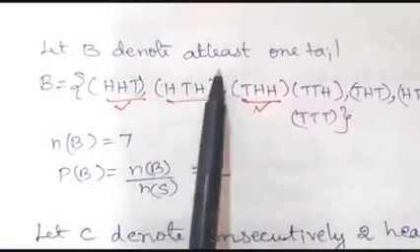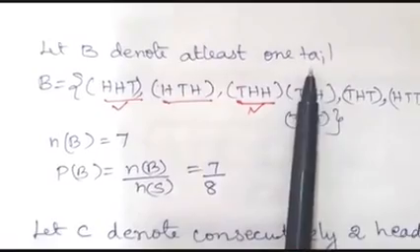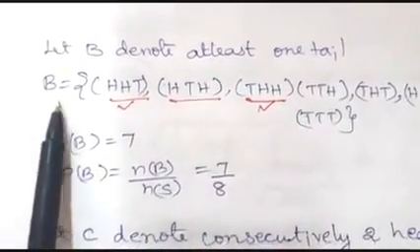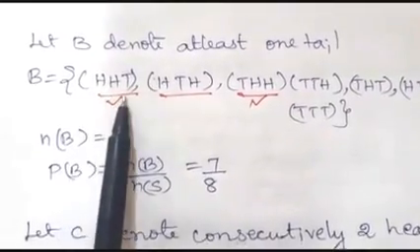Let B denote at least one tail. That means there should be minimum one tail, maximum there can be many more. So B is equal to HHT,